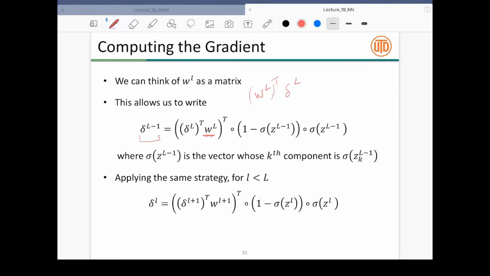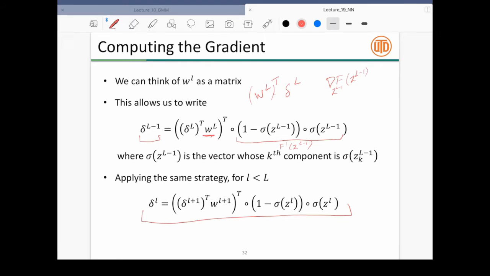But imagine that you have an arbitrary function. Then essentially what we need to do here is take the partial derivative with respect to this arbitrary function. So this would be nothing but f prime of z L minus 1, which would be a vector, because essentially it's like the gradient. This is the gradient of f with respect to z, of z L minus 1.